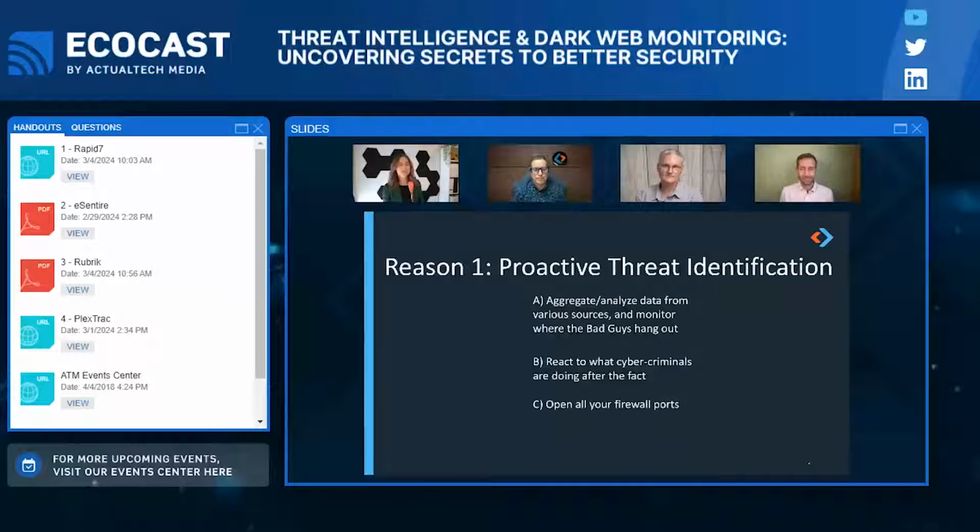Keith Ward, what do you think? Okay, well, I took a different route here, you see. I wrote C for number one, open all your firewall ports because we're in a new era here. Firewalls don't really matter anymore, as we all know. So why not just open them up and make less work for yourself so you don't have to monitor them anymore? C all the way. Now that's an interesting approach there, Keith. If you open all the floodgates, you know you'll get flooded, so you don't have to watch for any floods. Interesting. But nobody uses firewalls, right? Am I right here?